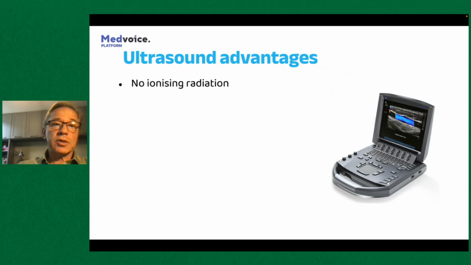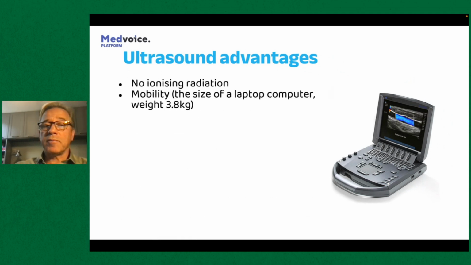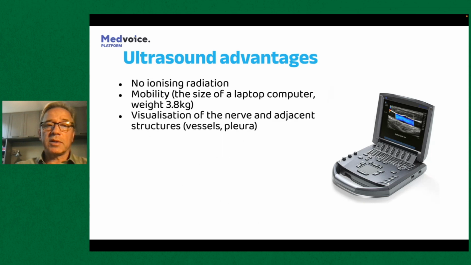What are the advantages of ultrasound? Obviously, unlike with CT scan or MRI scan, there is no ionizing radiation. They're quite mobile. They're like laptops, so you can take them anywhere these days. It could even be a mobile phone with a screen that you can use as an ultrasound. You can connect the ultrasound probe to your mobile phone. Visualization of the nerves